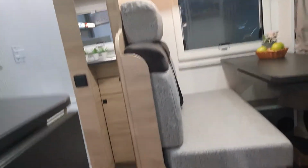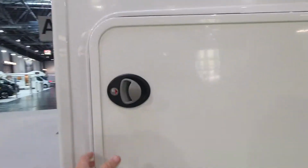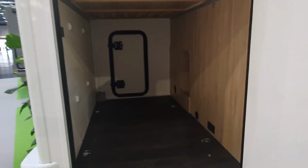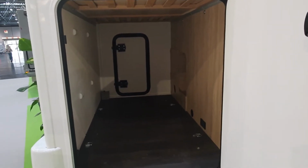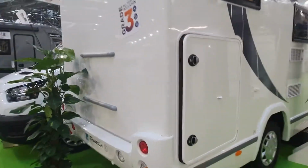because that's not the end of things, because here there's also a big garage. Here's the garage, and you can see it right there. Now I think that is an absolutely enormous garage. You can put 150 kilos worth of stuff in there. You can see there's lashing straps in the floor as well, and I'll show you all the way around, but